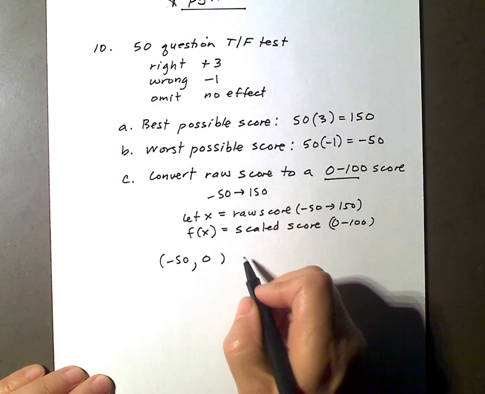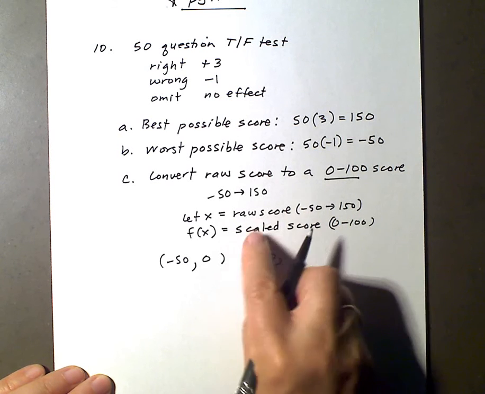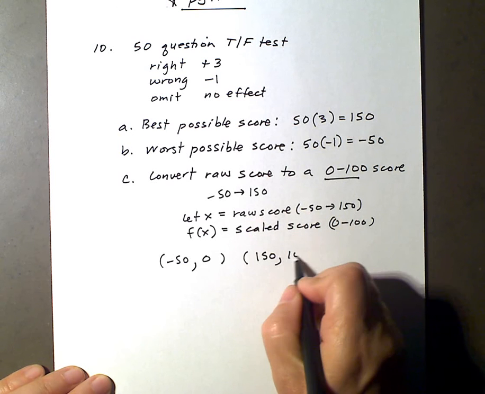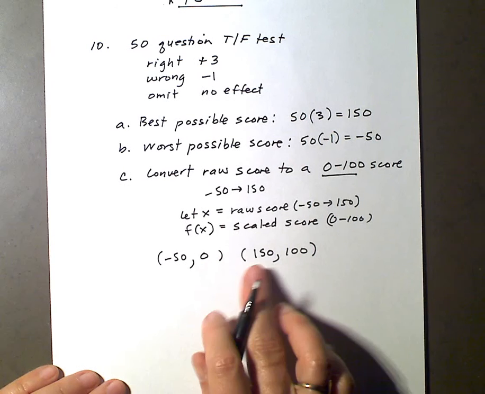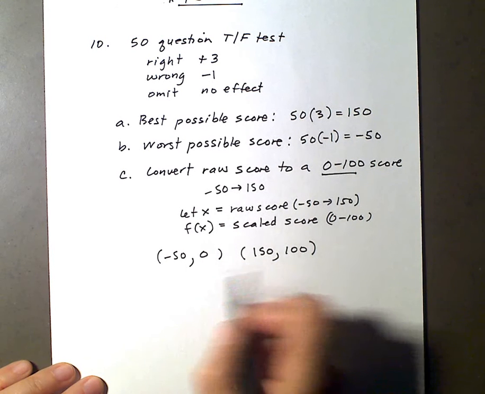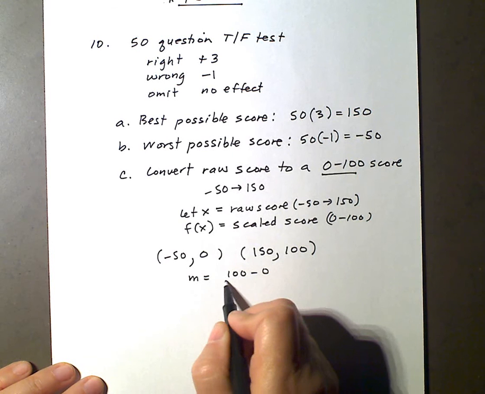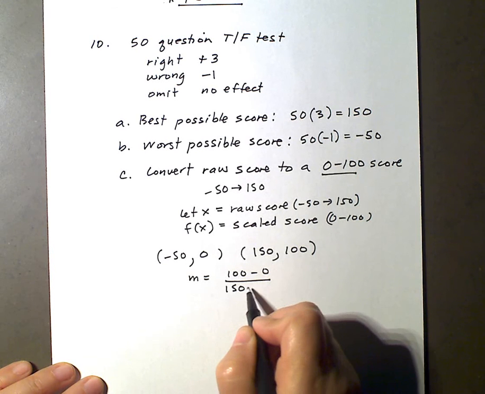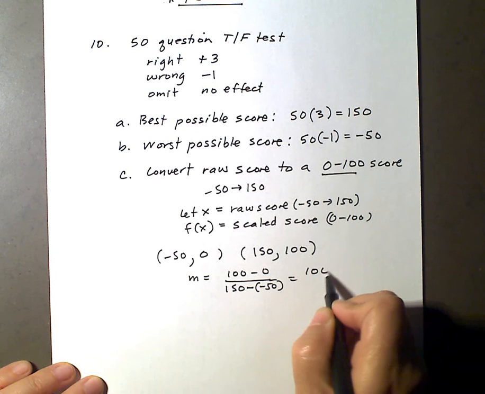And then my top score, a score of 150 raw, converts to a 100 scaled. So I can look at that as an x and a y and an x and a y. So then the slope is 100 minus 0 over 150 minus -50. So I get 100 over 200,